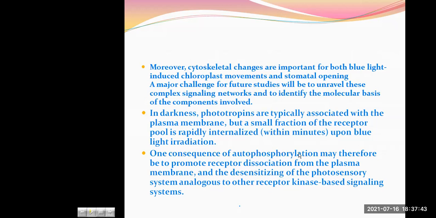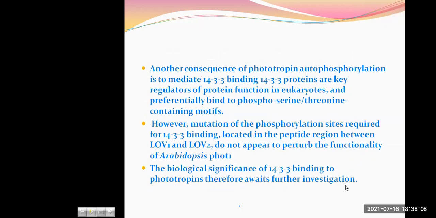They add phosphate groups, and that addition of phosphate groups elicits the response. It creates the mechanism of action, and therefore promotes the receptor dissociation from the plasma membrane and the desensitizing of the photosensory system, analogous to other receptor kinase based signaling systems. We have another consequence of phototropin autophosphorylation to mediate